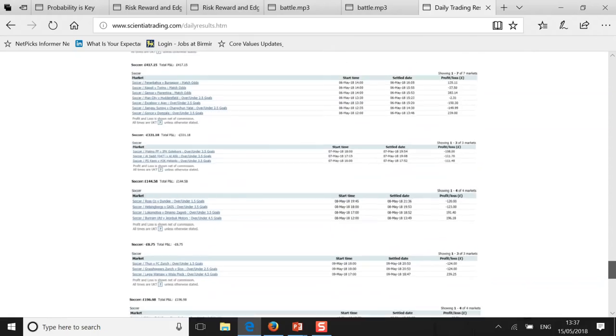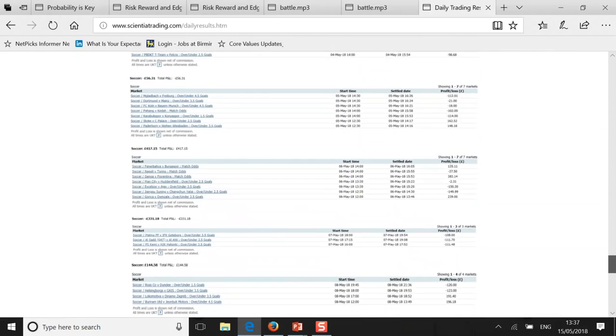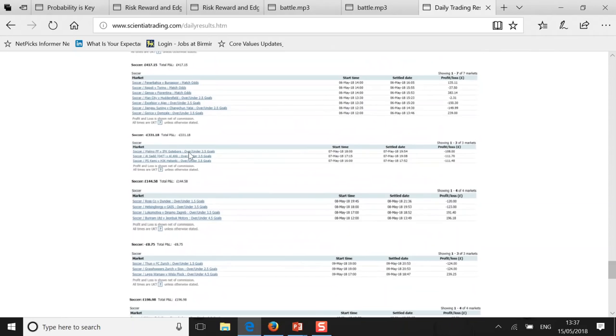Now, one of the things I just wanted to mention was the day where I lost £331. That day should not have even been a £331 loss. What happened was my first 2 trades were losses. So Kemi versus HJK Helsinki, and then Al Sad versus Al Ali were losses. And then my third trade was supposed to have been another team that began with the letter M. I think it was in the Danish Super League, Midtjylland versus, I don't know if it was